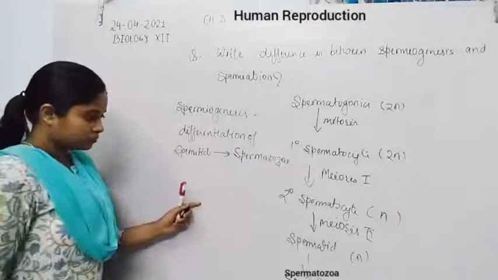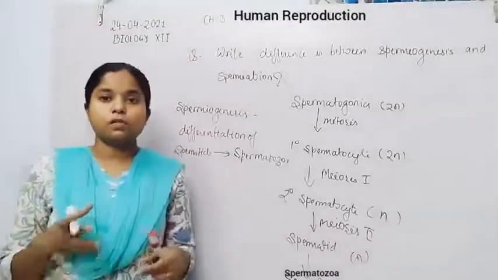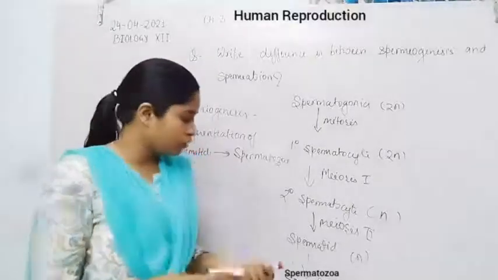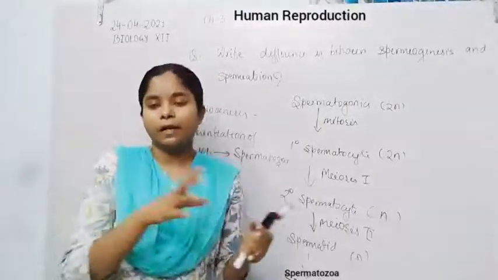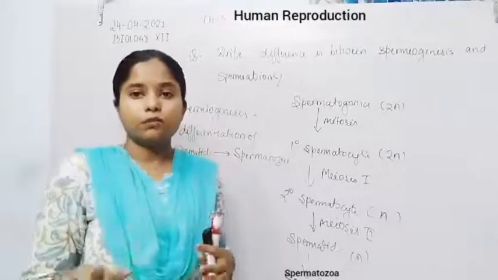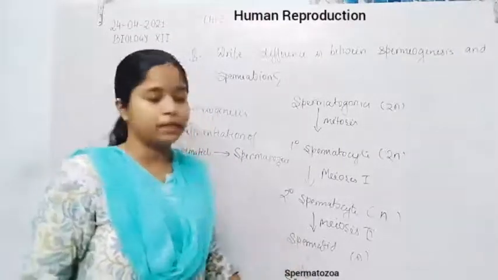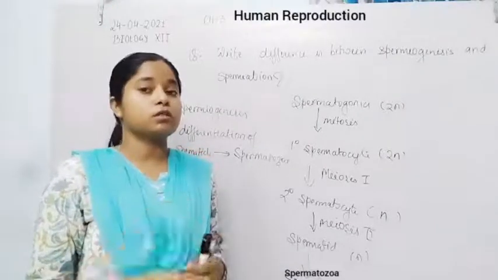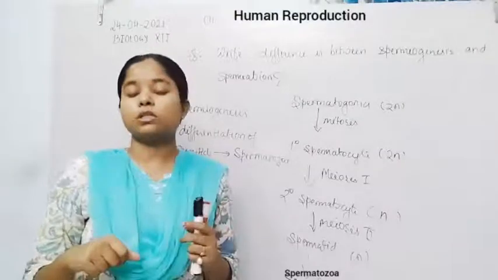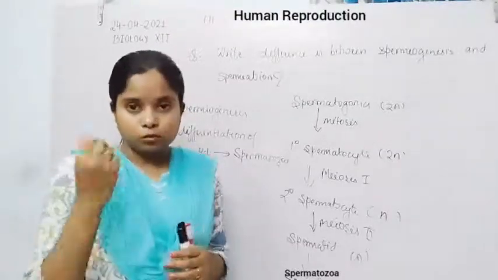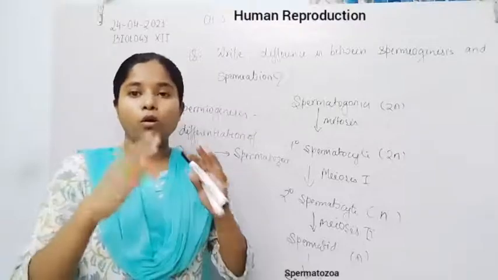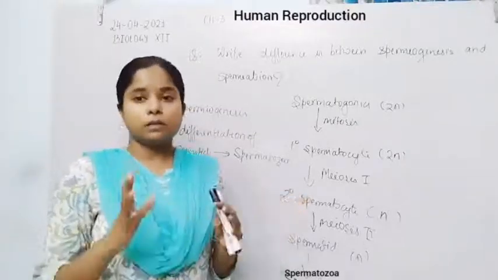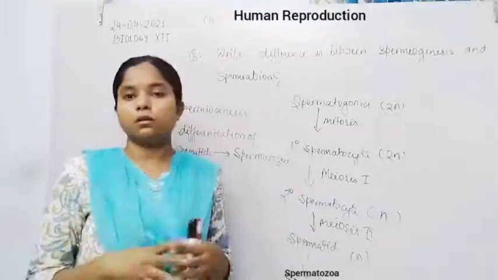Now, in spermatozoa, there is formation of flagella, differentiation of the whole cell into the head, neck, middle piece and tail. So there are four structures formed as compared to the spermatid in the spermatozoa, and the number of mitochondria also increases, the size of the nucleus also increases, and there is formation of the acrosome from the Golgi body, and except all these structures, all the other cell organelles disappear